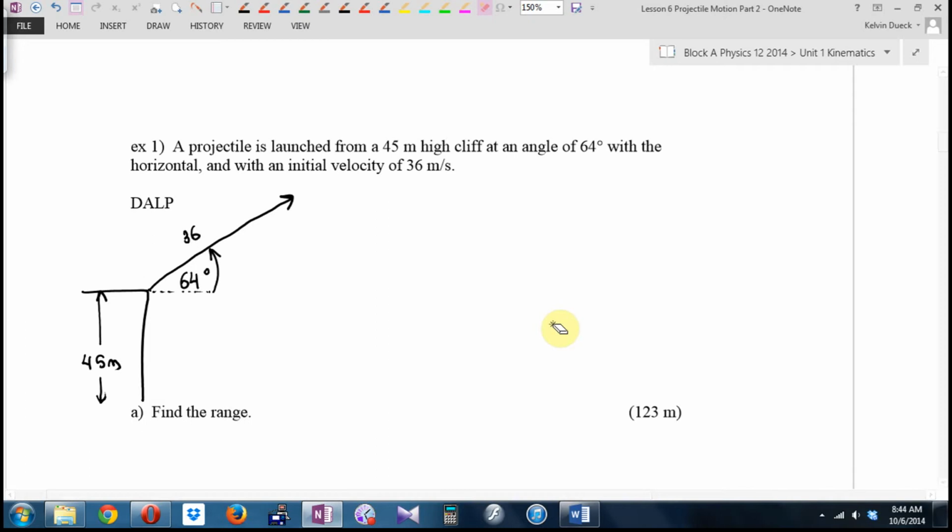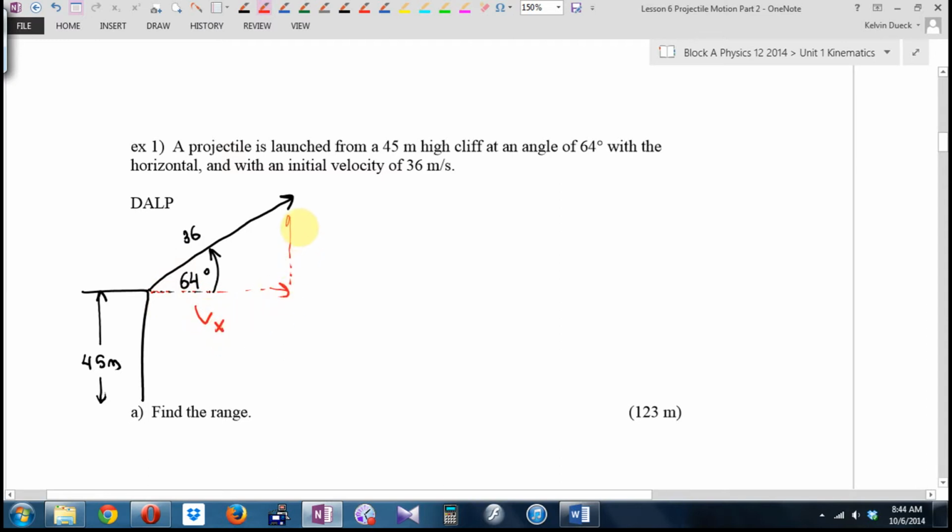Ryan, did you quote me an angle? Did you show me that there is an angle? Say yes. Then you know what? There's another strategy that immediately comes to mind when I see an angle. I'm going to break this up into components. I refuse to deal with that 36 meters per second at an angle of 64 degrees. Instead, I'm going to break this up into